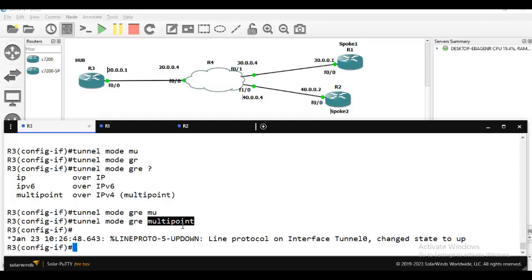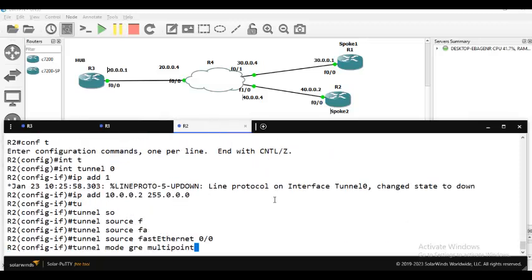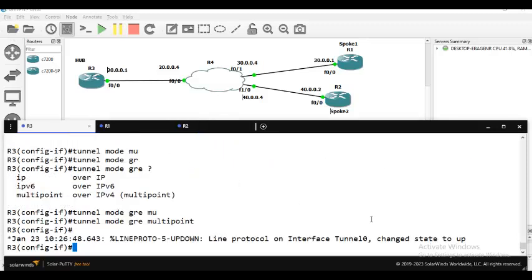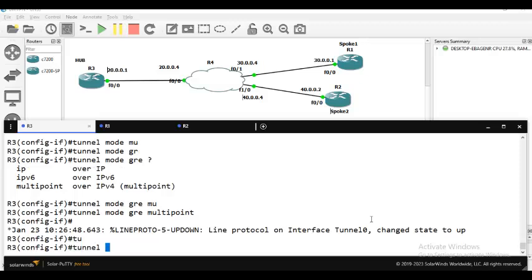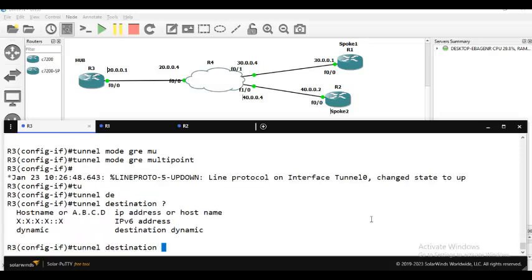Now, on the hub router, we need to say the tunnel destination. Tunnel destination is null actually, right? You don't need to even mention it, 0.0.0.0, you don't need to say that. We don't have a destination for the hub. So here you should say tunnel destination is,